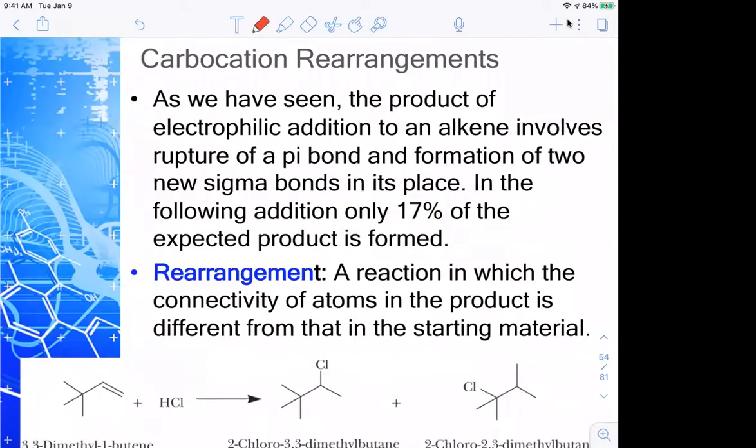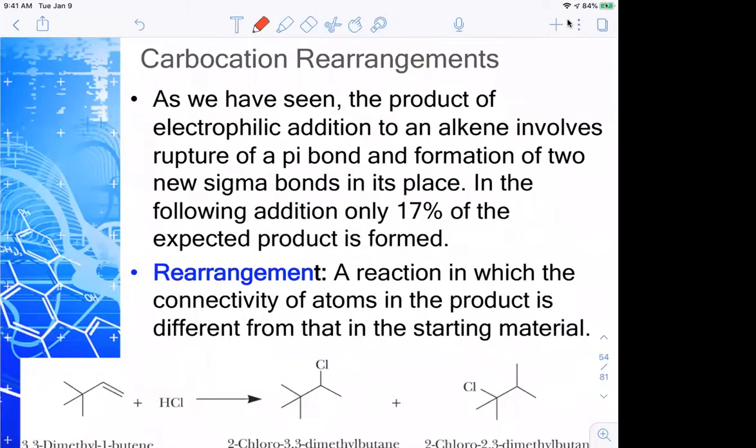They can form a bond with a nucleophile, they can rearrange, or they can eliminate. And we're going to see that in a little bit in terms of the elimination. So we're kind of backtracking now. We're going back to hydrohalogenation and